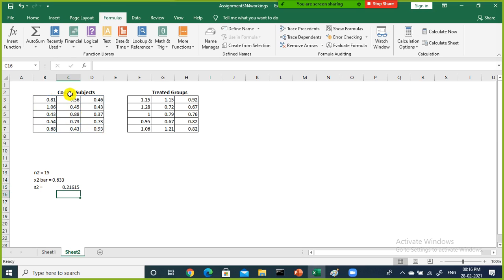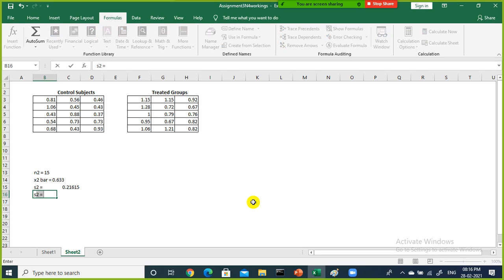S2. For this sample, what is the mean and what is the standard deviation? I call it S2, and the mean I call X2 bar, and this is the second sample, okay? And if I find out the variance, right, the standard deviation squared, in this case the formula will be slightly different. If you square this one on the right side, you need to square this one, okay?